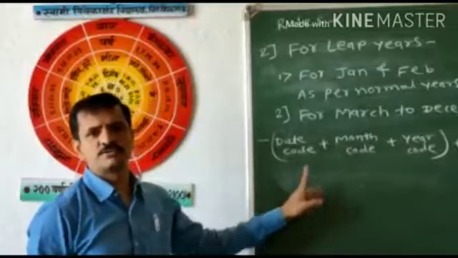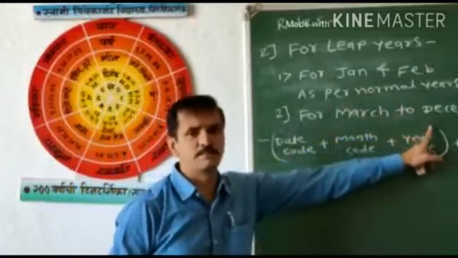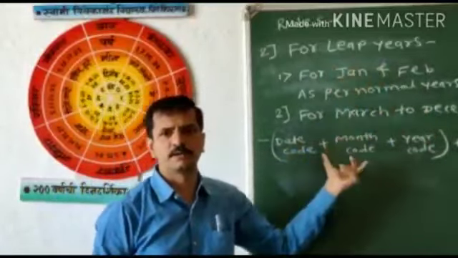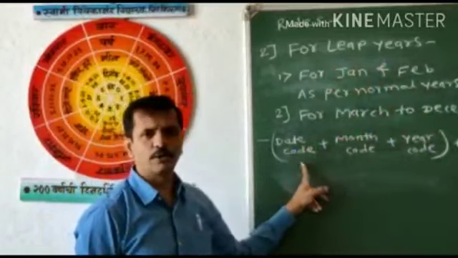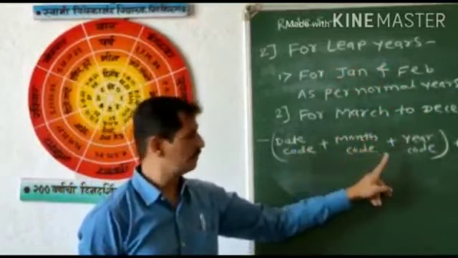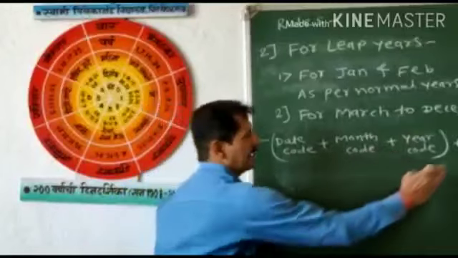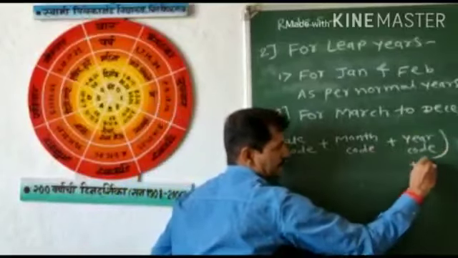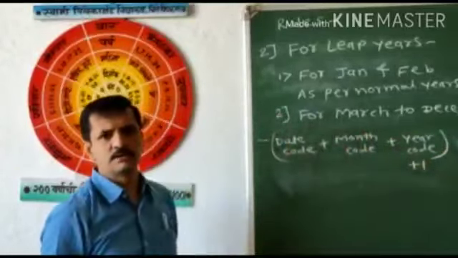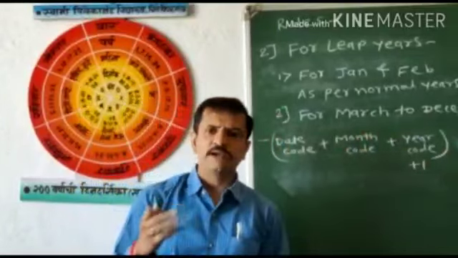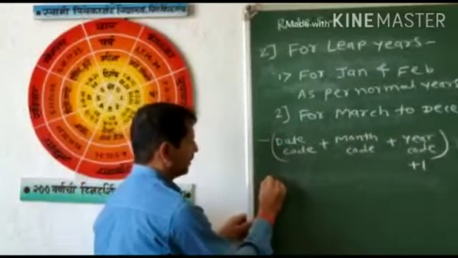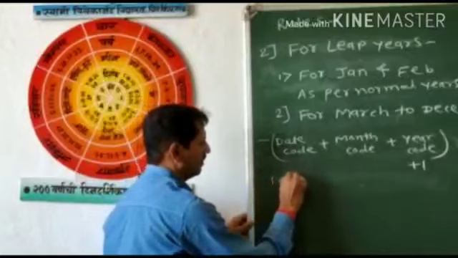This rule is for March to December and for leap years. What is the rule? Date code plus month code plus year code plus 1. Now we find the date for 15th August